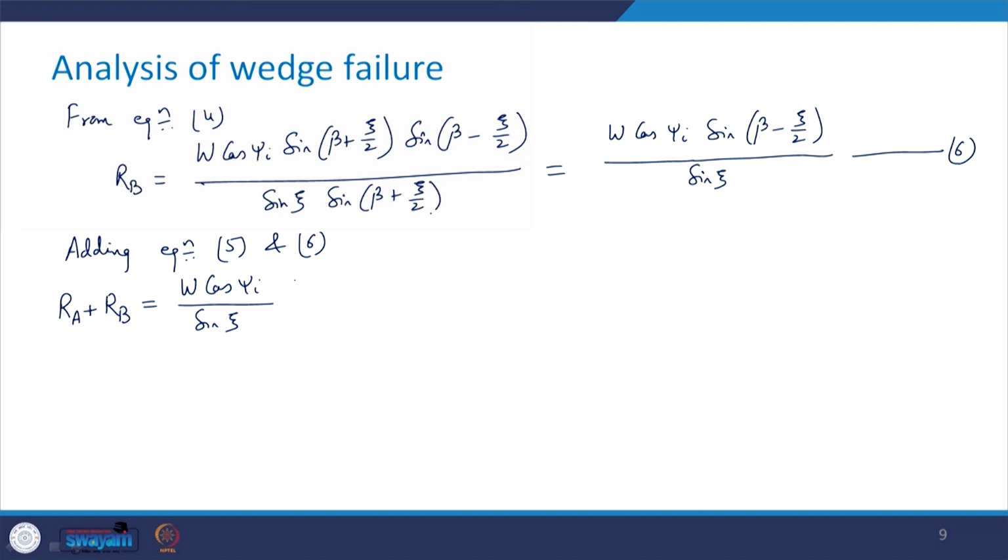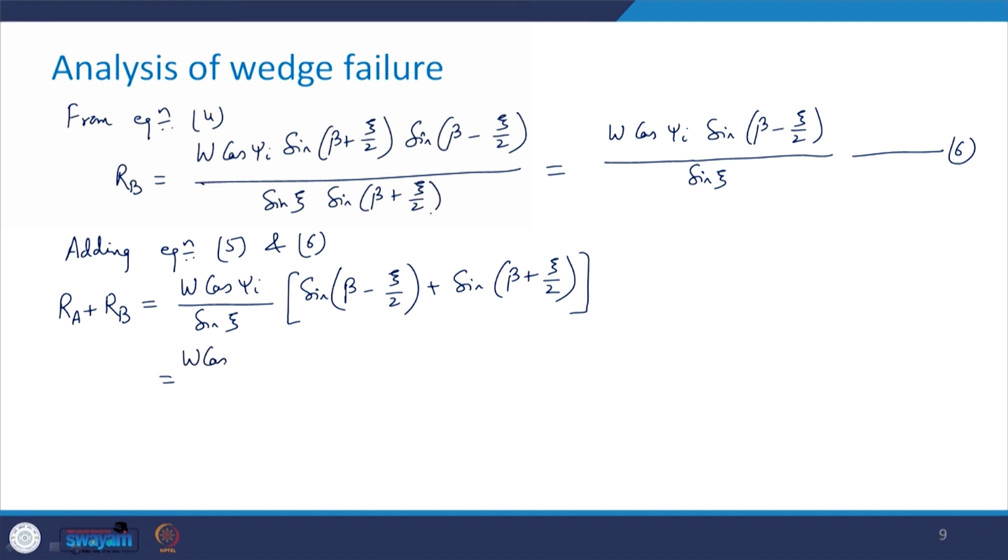This I take common, and what we will get inside is sin (beta minus zeta by 2) plus sin (beta plus zeta by 2). Now, just again split it, sin A minus B. So, sin A minus B is sin A cos B minus cos A sin B, and similarly sin A plus B, you know that it is sin A cos B plus cos A sin B. So, if I just split it,